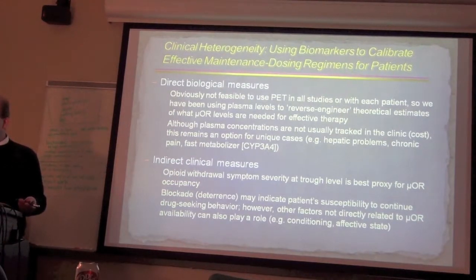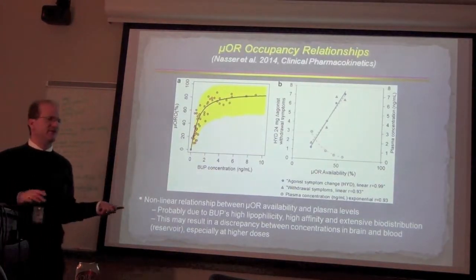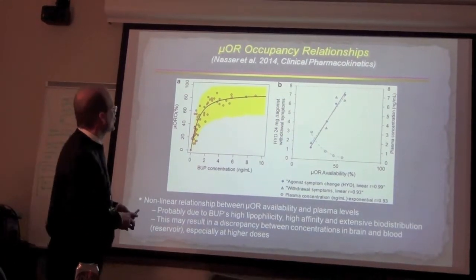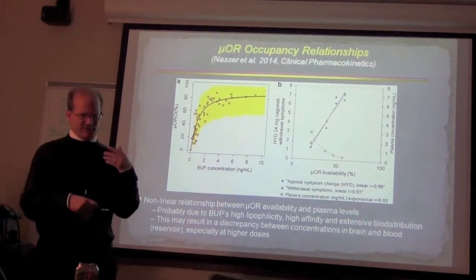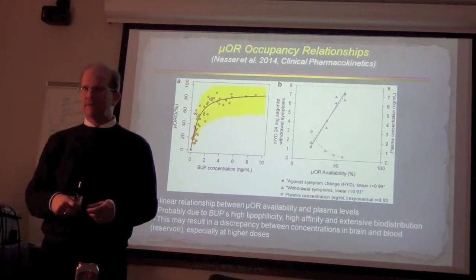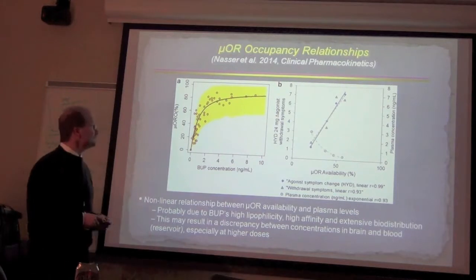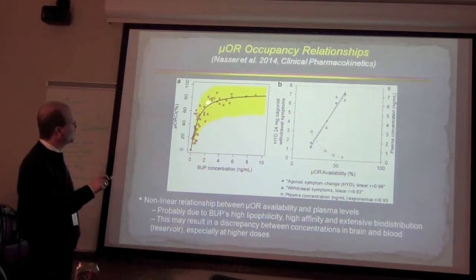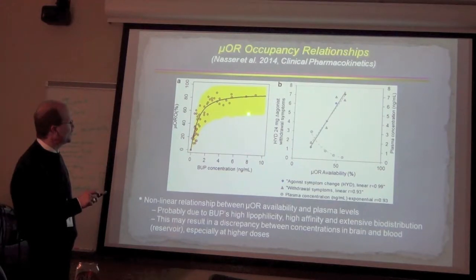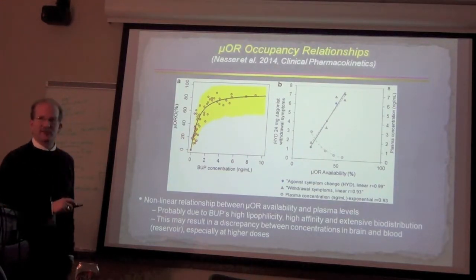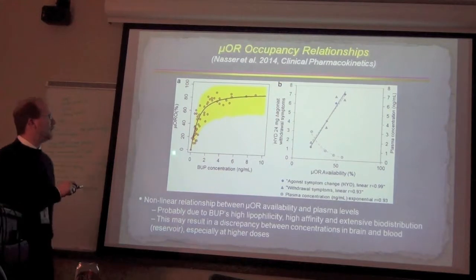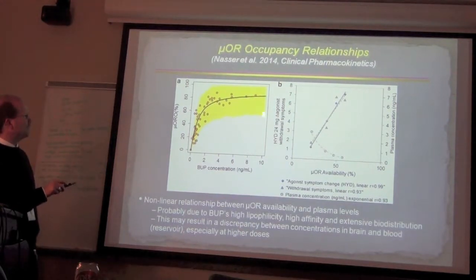I think I'm going to skip that. We use this sort of modeling approach in our recent paper. This was the work that I've done in conjunction with Reckitt Benckiser Pharmaceuticals. So this is the same curve I just showed you, just flipped in a different direction now, where we've got plasma on the X and the mu receptor on the Y. And this is sort of a predictive model with 95% confidence interval in yellow, predicting what the concentrations would be